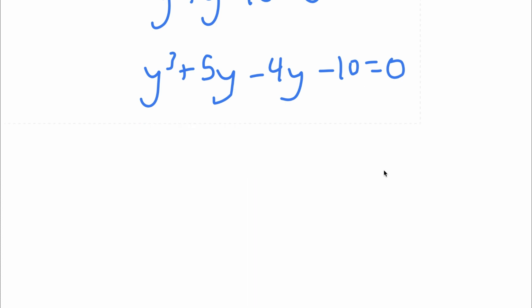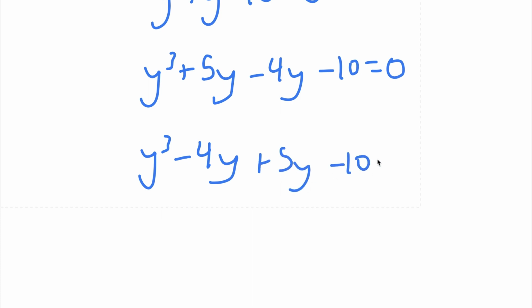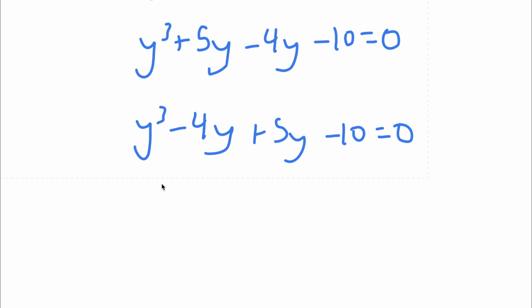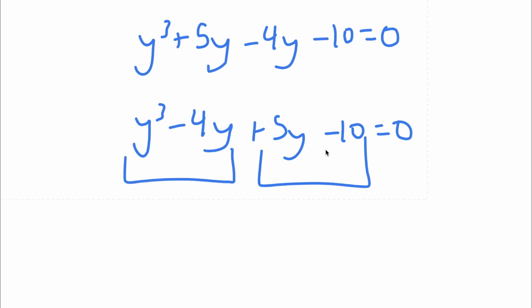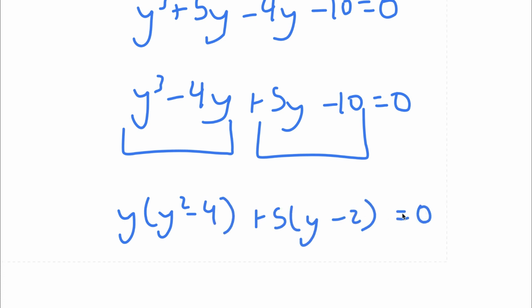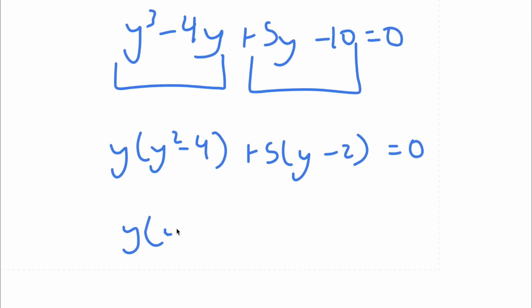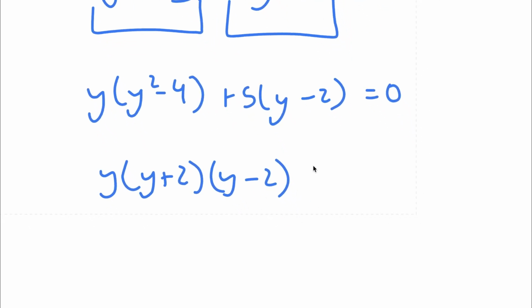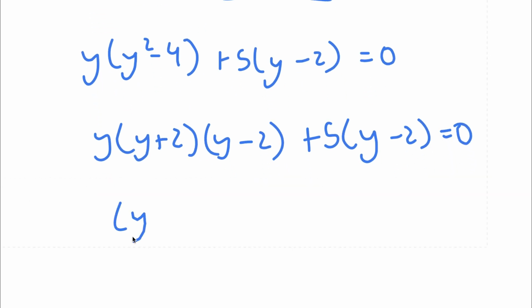Actually, instead of doing that, I'm going to rewrite this as y to the power of 3 minus 4y plus 5y minus 10 is equal to 0. So I simply switch these two places. And now if I factor this, I get y times y squared minus 4 plus 5 times y minus 2 is equal to 0. Now y squared minus 4 is the same thing as y plus 2 times y minus 2. So I have y times y plus 2 times y minus 2 plus 5 times y minus 2 is equal to 0. Now if I factor out y minus 2, I get y minus 2